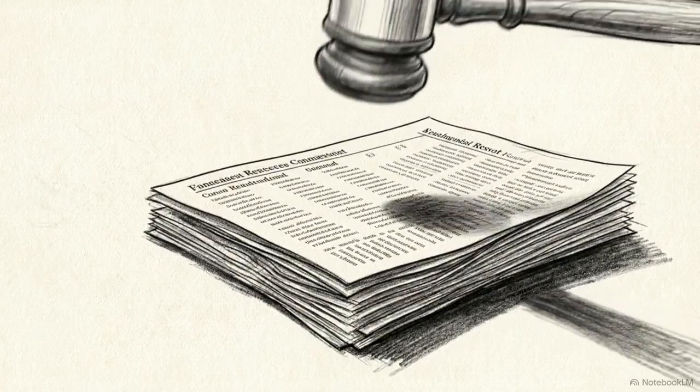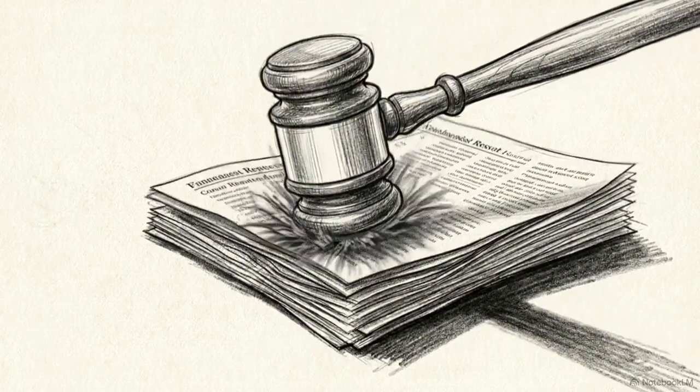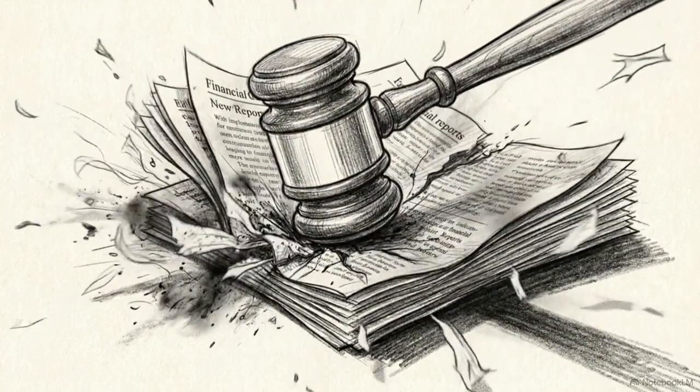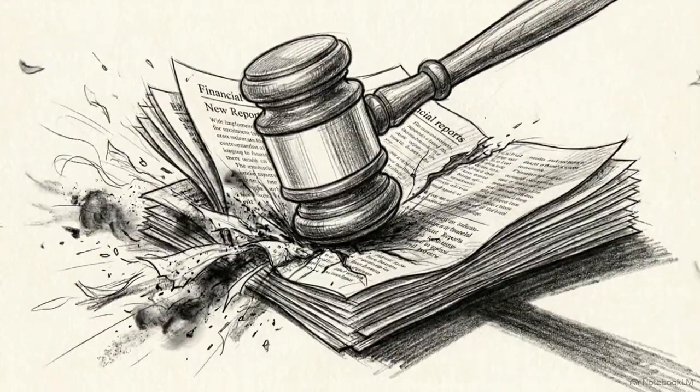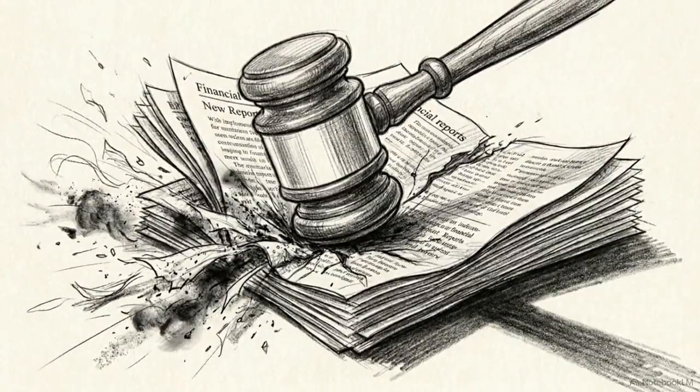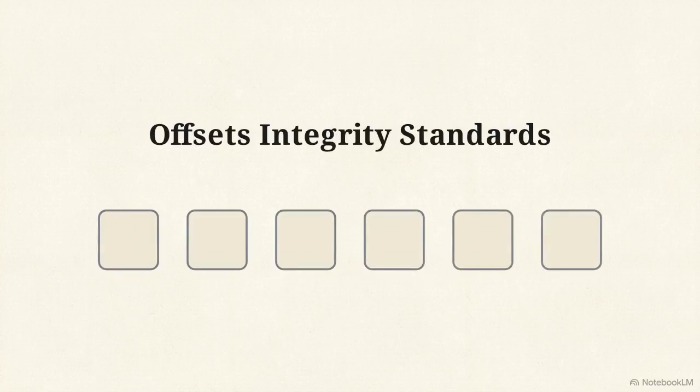The review was conducted by the Emissions Reduction Assurance Committee, the statutory integrity body for Australia's carbon crediting scheme. Their decisions bind live capital. This wasn't a total invalidation of the method. In fact, the committee found it met 5 of the 6 mandatory offsets integrity standards.